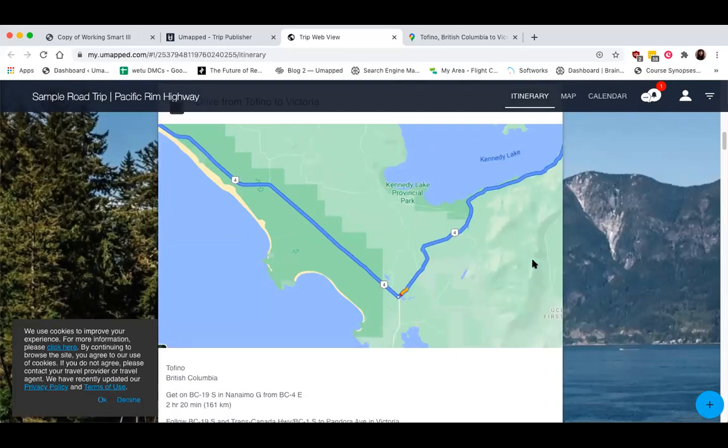So having these kinds of static photos simply ensures that they'll be able to access their directions no matter where they are or what devices they might already have. So if they're ever going to be without Wi-Fi or data for a specific amount of time and they're not going to use the GPS, this might be helpful. And if their GPS breaks down or something, this is also helpful in that regard.